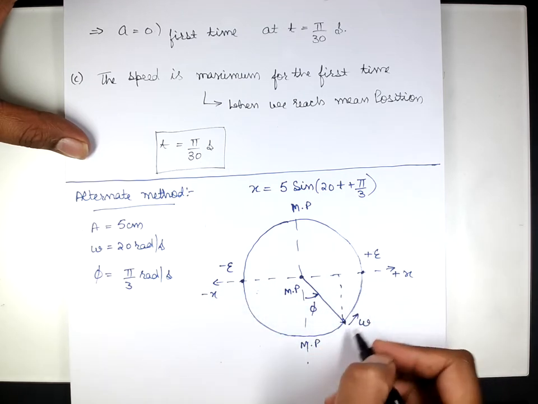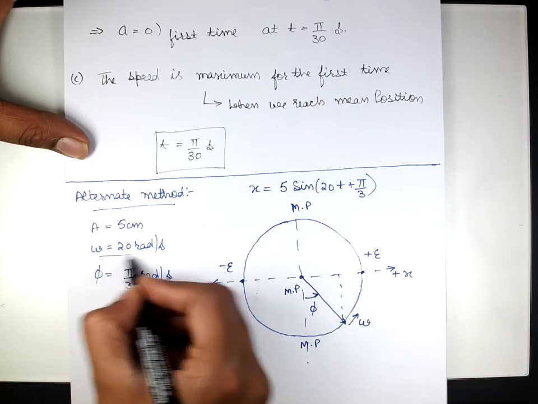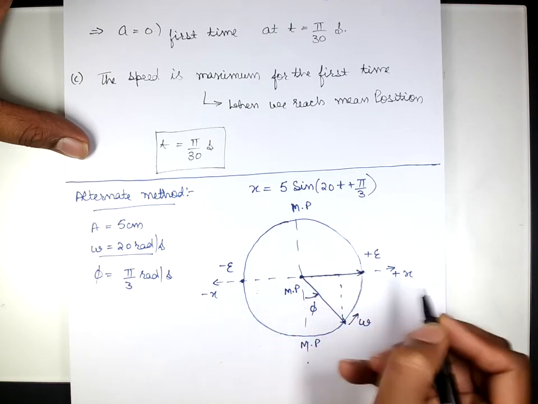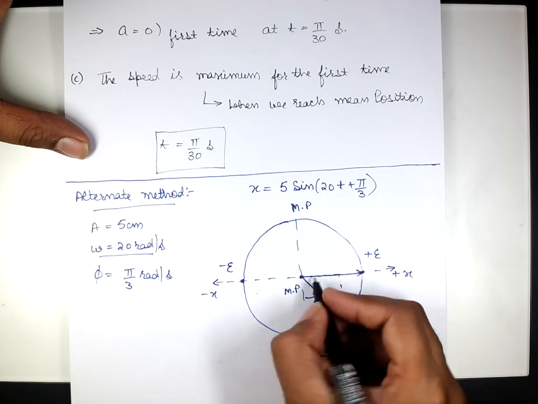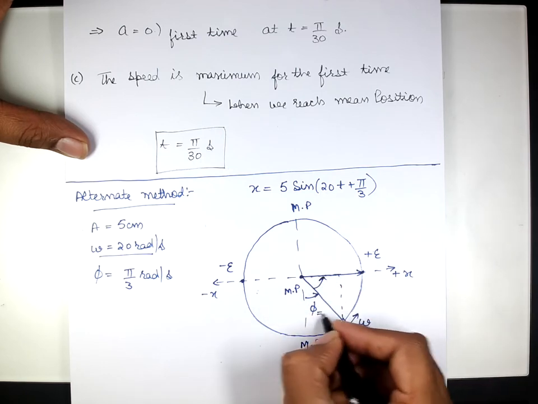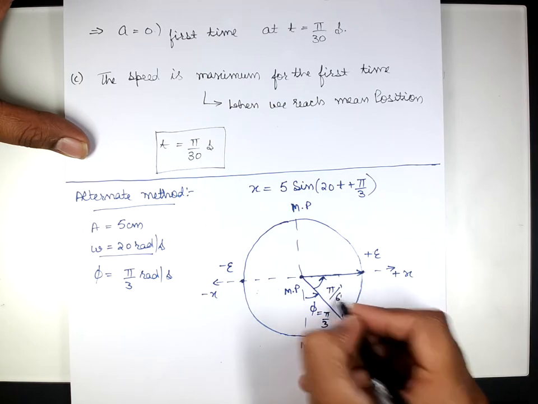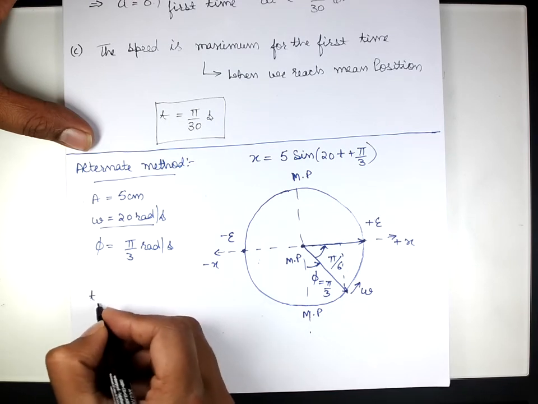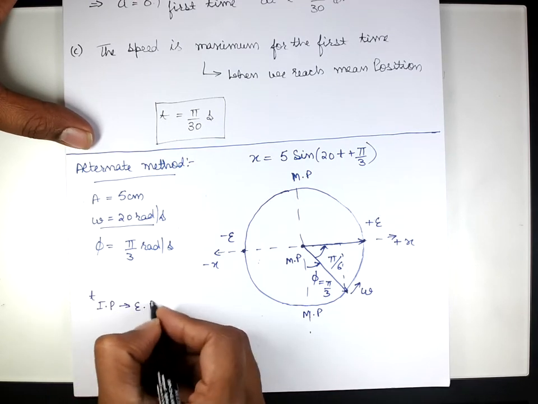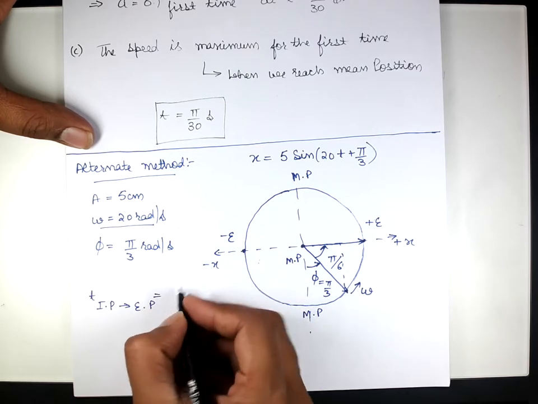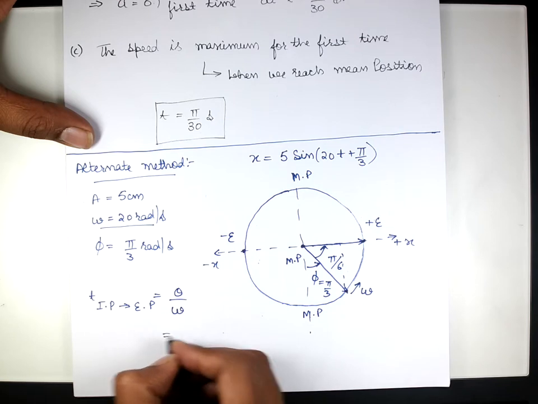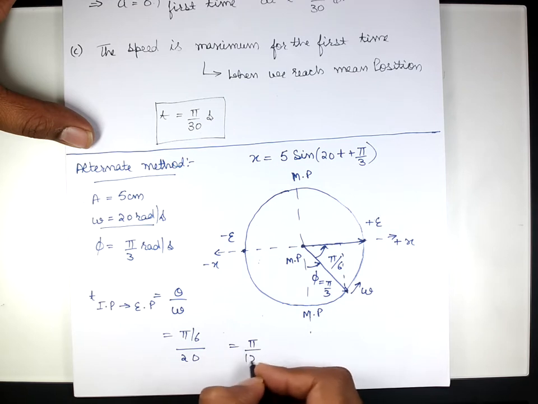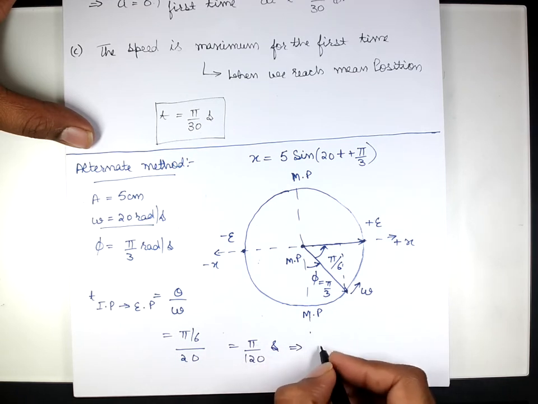Now basically it starts from here and starts moving with an angular velocity omega, where omega is equal to 20 radians per second. It would reach the extreme position for the first time when it has covered up this particular angle. Now this angle is equal to pi by 3, so naturally that angle has come out to be equal to pi by 6, and the time taken to reach from initial position to extreme position is actually theta traversed by angular velocity omega, where in this case theta traversed would be pi by 6 and angular velocity omega is 20. So this time taken comes out to be pi by 120 seconds. That is answer number 1.